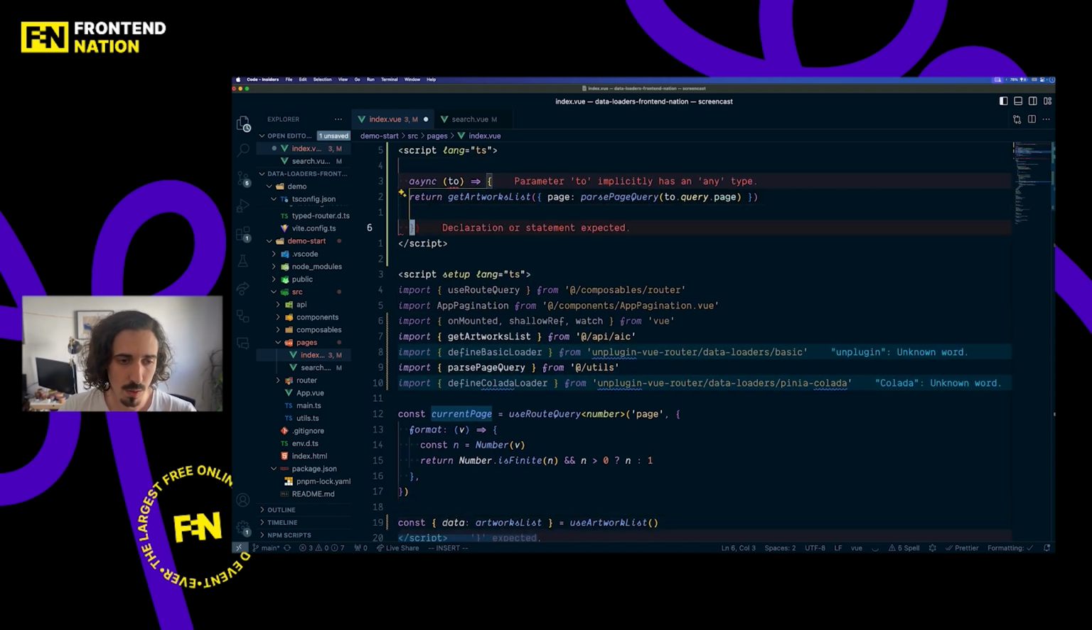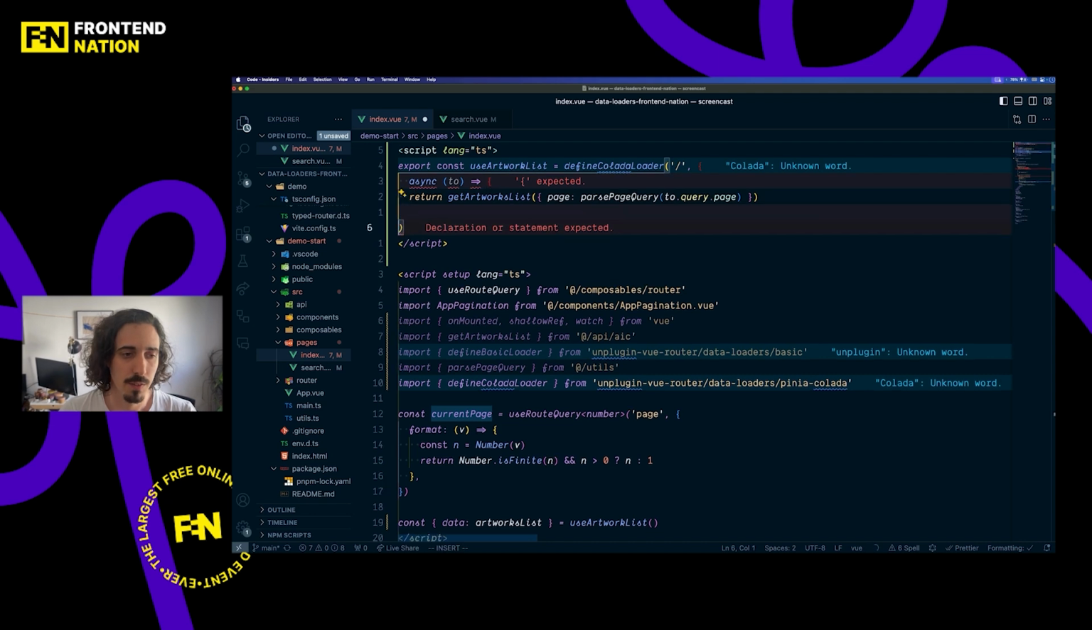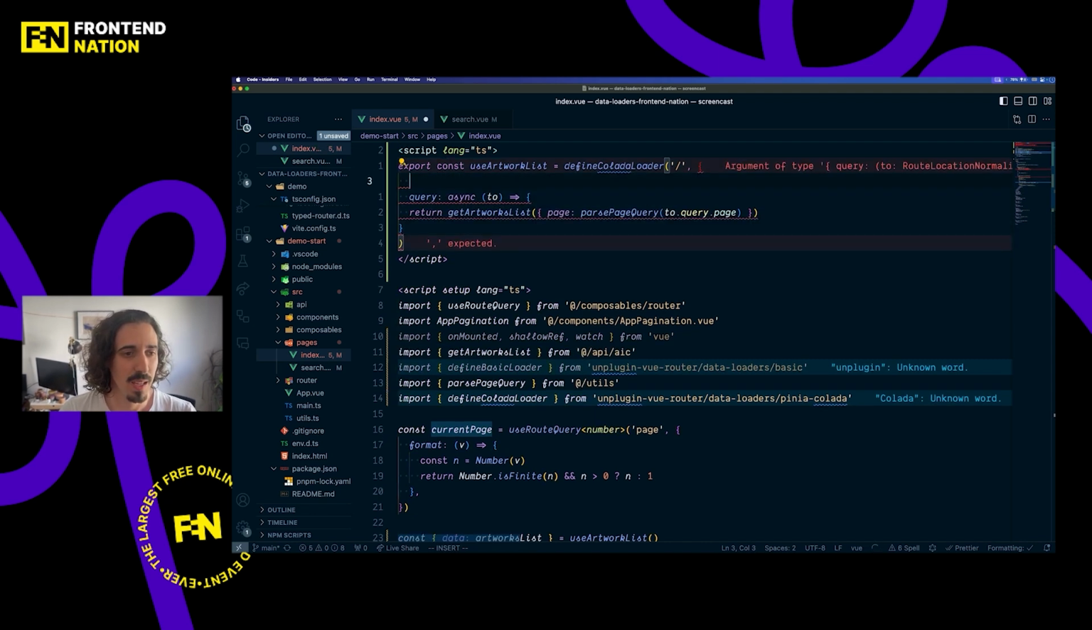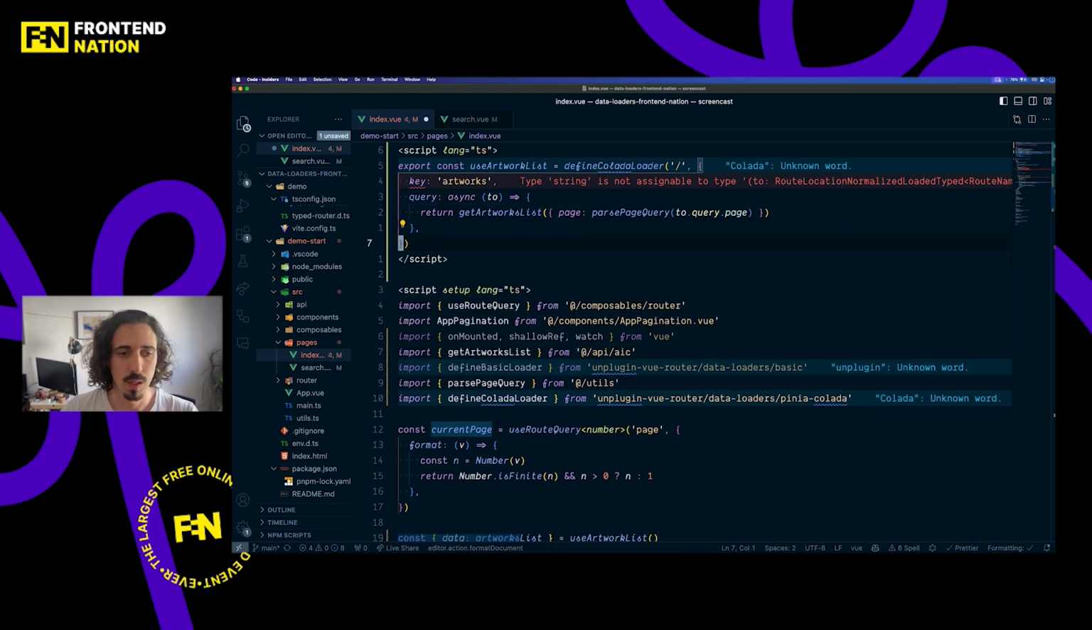I'm going to use the data loader, which comes from a plugin again, but another path. And instead of having a function, it has an object. Now, I don't know why the editor is doing that, but okay. And so this is going to be a query, and I also need a key. And so key is going to allow me to define